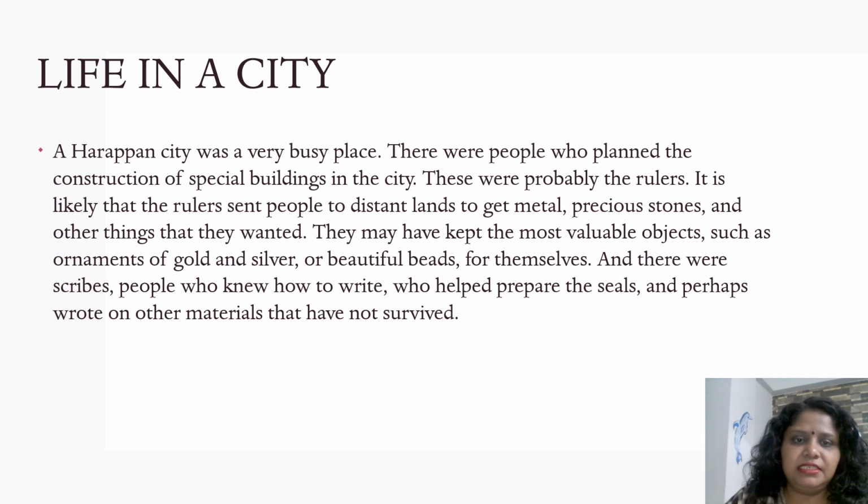A Harappan city was a very busy place. There were people who planned the construction of the special buildings in the cities. These were probably the rulers. It is likely that rulers sent people to distant lands to get metal, precious stones, and other things that they wanted. They may have kept most valuable objects such as ornaments, gold, silver, and beautiful beads for themselves. And there were scribes,